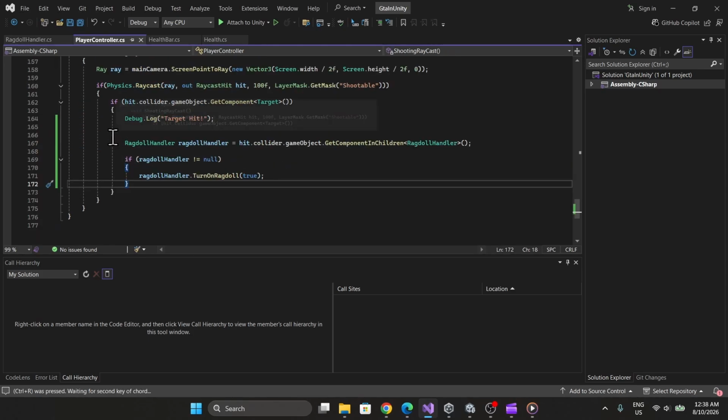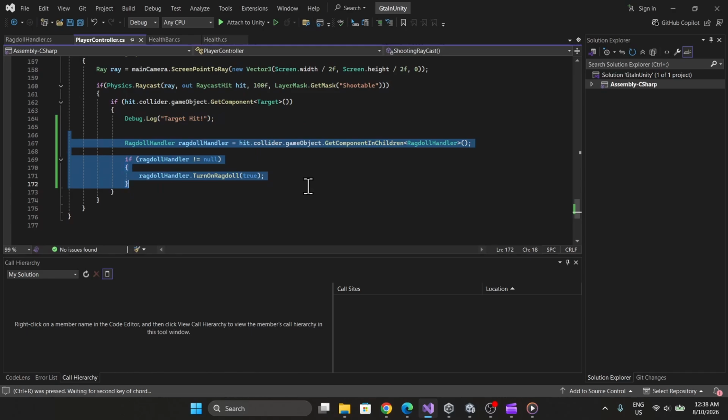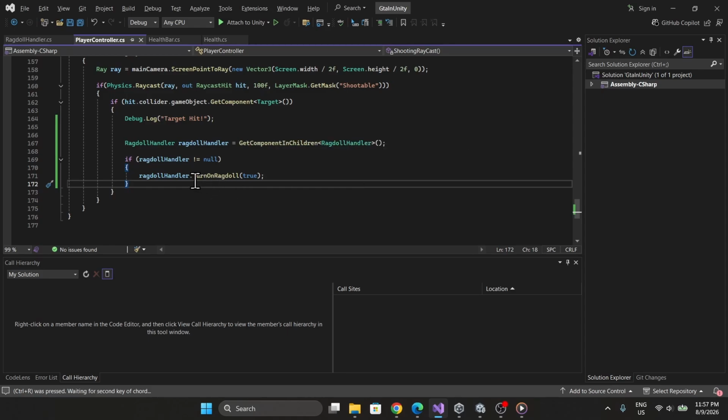All right, so now I will turn on the ragdoll when I shoot the character, right? So this is my player controller script. So yeah, when the player shoots the ragdoll, I will turn on the ragdoll physics. By the way, if you want to learn how to make a third-person shooting system, check out the video in the top right corner. So you can call this turn on ragdoll function wherever you actually want to trigger the